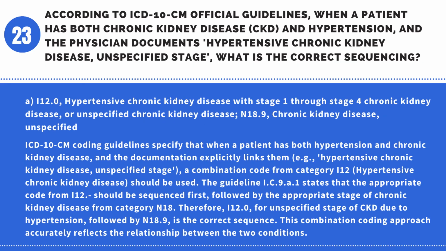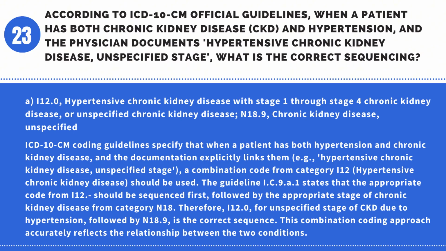Answer. A. I12.0, hypertensive chronic kidney disease with stage 1 through stage 4 chronic kidney disease or unspecified chronic kidney disease, and N18.9, chronic kidney disease unspecified. Explanation. ICD-10-CM coding guidelines specify that when a patient has both hypertension and chronic kidney disease and the documentation explicitly links them, e.g., hypertensive chronic kidney disease unspecified stage, a combination code from category I12, hypertensive chronic kidney disease, should be used. The guideline